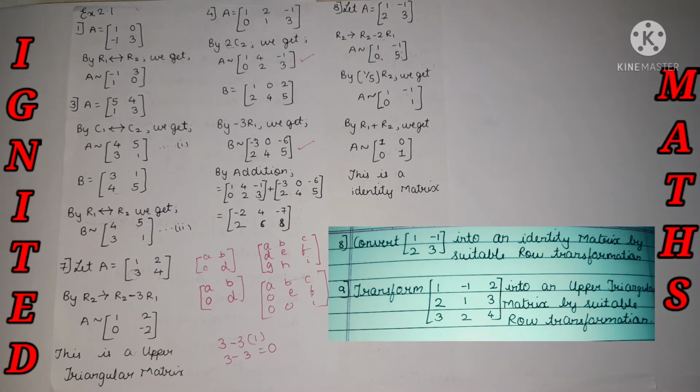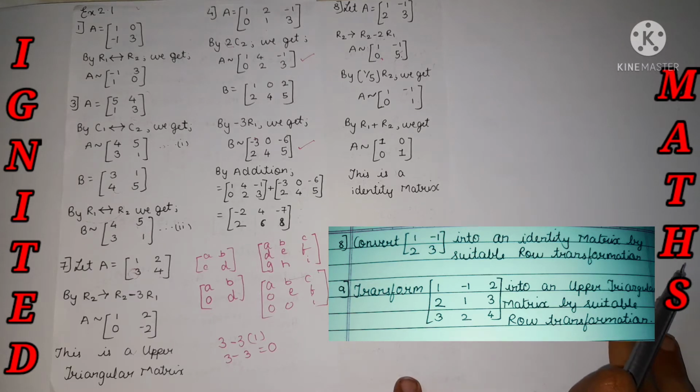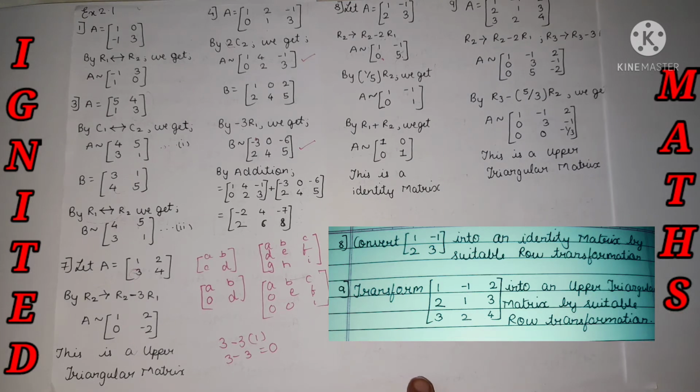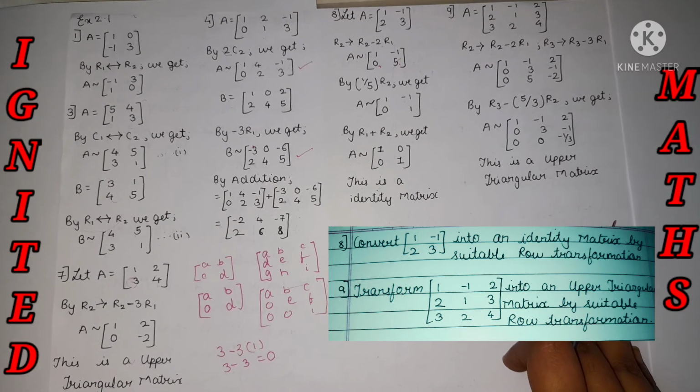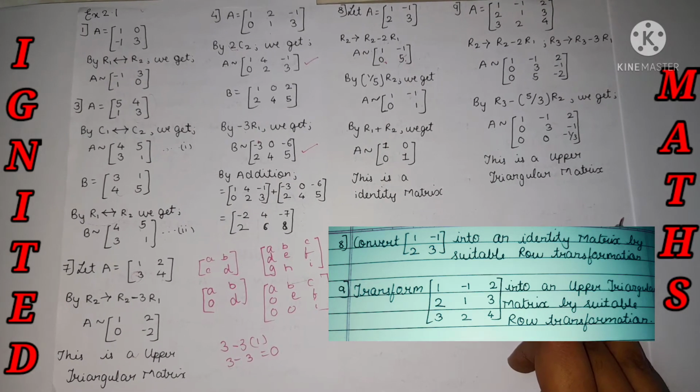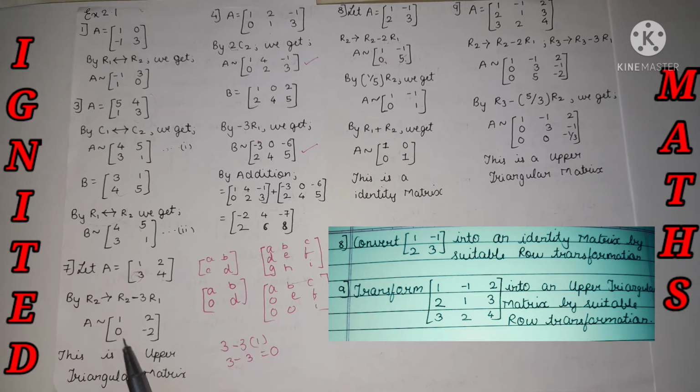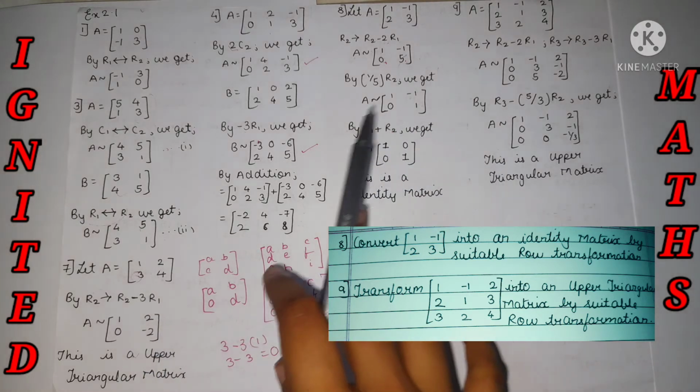Move to the 9th main question. Here, as previously we have seen lots of 2 cross 2 matrices, now we are going to solve it with 3 cross 3 matrices. Let's get started. Over here the A matrix is represented according to the question given, and we need to transform it into an upper triangular matrix. Over here we have done a 2 cross 2 upper triangular matrix, and now we need to do it for a 3 cross 3 upper triangular matrix.